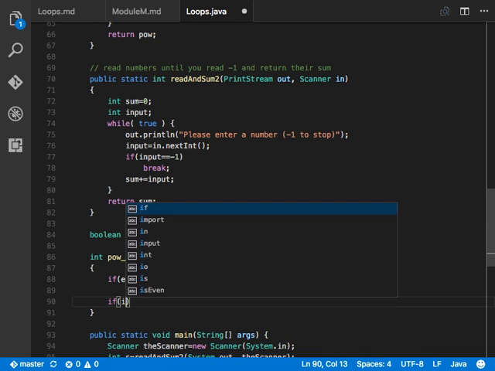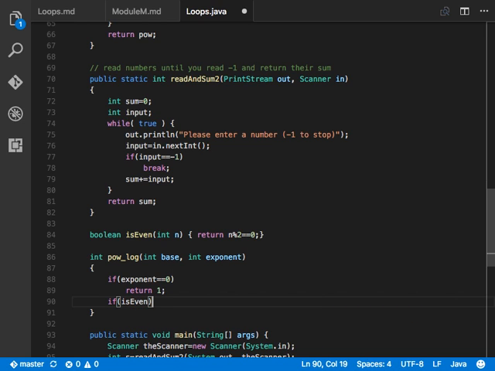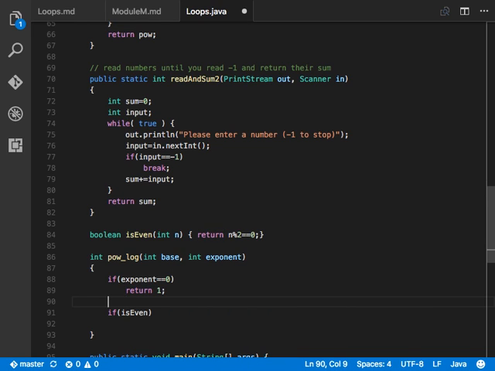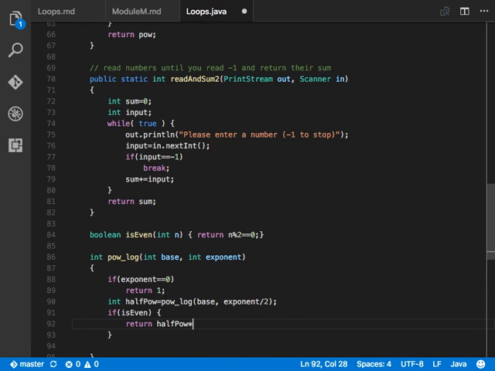If my exponent was even, or actually either way, let's do this. int halfPow equals pow log of base, exponent divided by 2. And so if this is even, return halfPow times halfPow. Otherwise,